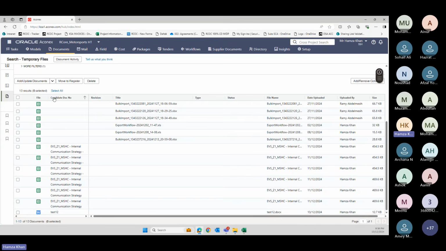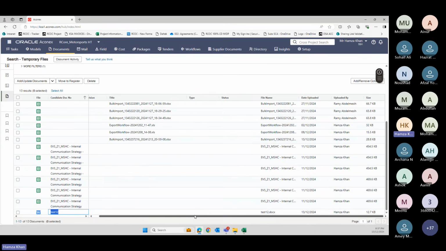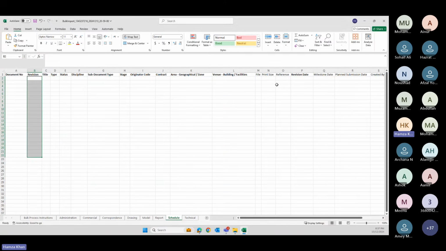Okay, Zafar. See this candidate document number. This is your file name. But if I see this file name, test12.docx, Aconex will check here, and based on this, it will check your document number. So that's how it will grab all your documents from your temporary files, from your metadata, from your main document